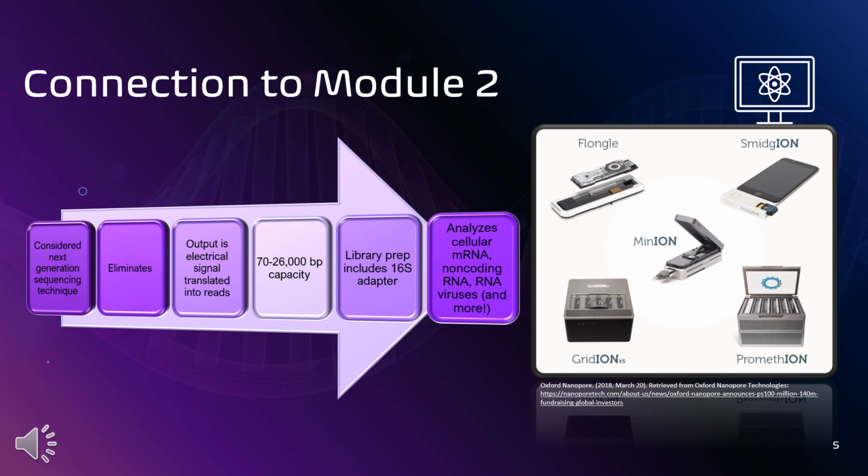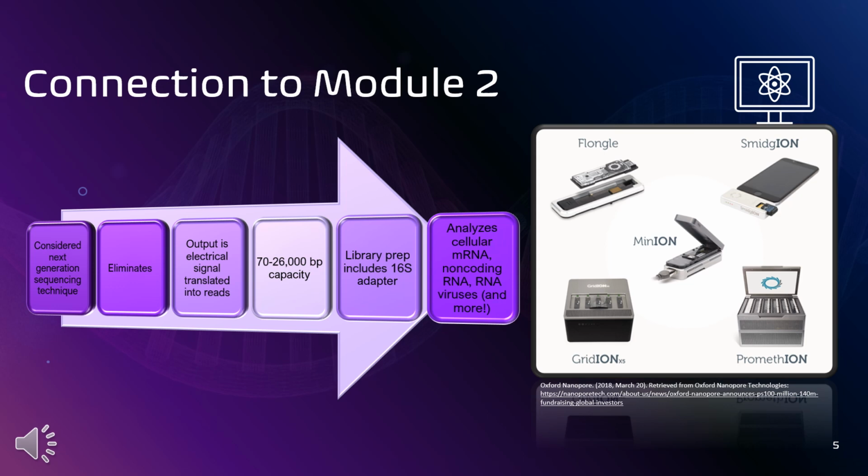Module 2 in 611 was all about next generation sequencing. It focused mostly on Illumina, which is pretty good, and second generation sequencing, but Nanopore is considered third generation sequencing. Oxford Nanopore Technologies makes several devices that use this type of sequencing, ranging from thin and portable, as the MinION you can see there in the middle, to slightly bulkier and larger for more large-scale applications. My favorite is the Flongle, just because of the name, but the Flongle is an adapter for the MinION sequencer, which is the portable option. The MinION will set you back about $1,000 for just the device, which isn't too bad, and if you somehow win the lottery, you can get super bougie and purchase the PromethION for the low price of